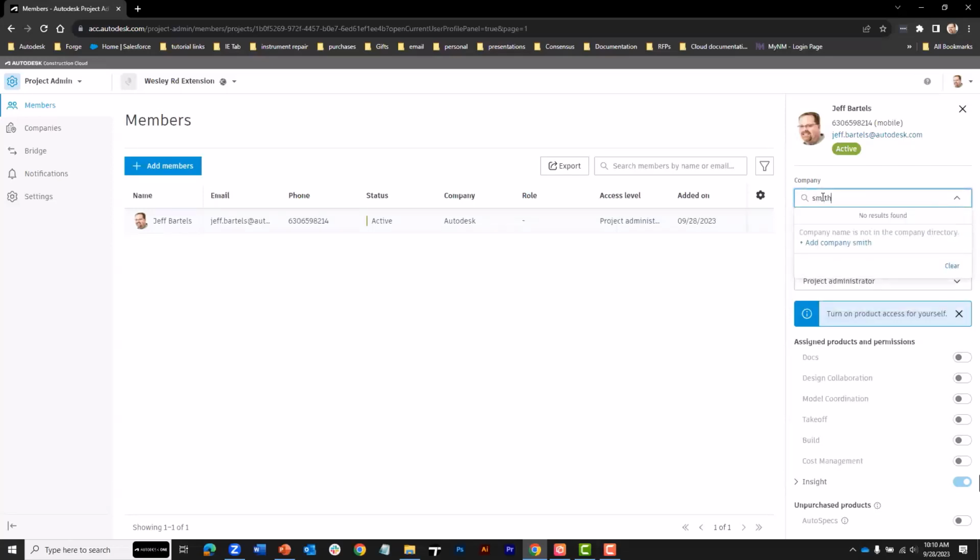If I type Smith, for instance, it's saying, hey, we don't recognize that in the directory, but you can add that company right now if you want to. So I'm going to stick with Autodesk. We'll come down to role. If I open this up,